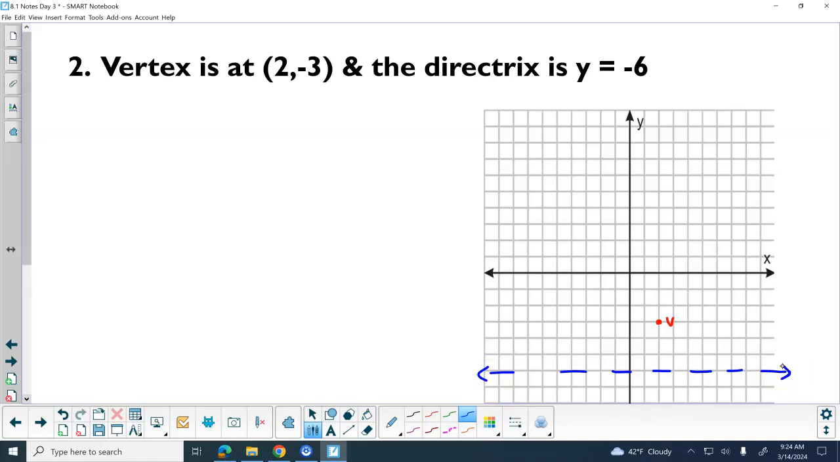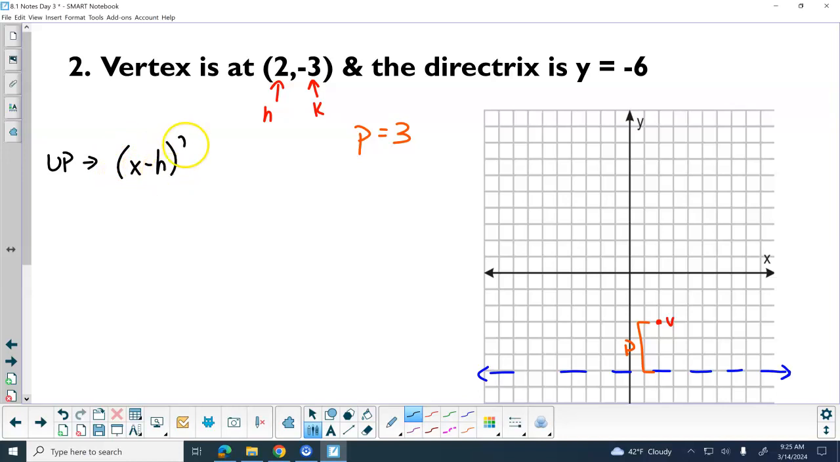Okay. So if my vertex is at 2, my H is 2, my K would be -3. What's my P value? 3. Which way does this parabola open? It opens up. So an up opening parabola is going to be x